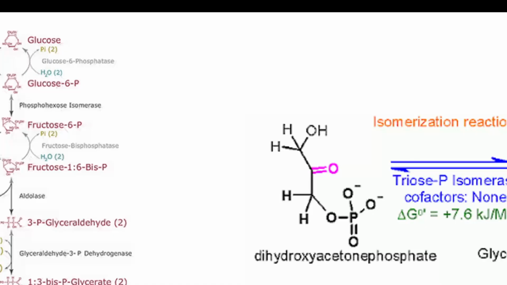Glucokinase adds a phosphate group to glucose, which is why it is called glucokinase, making glucose into glucose 6-phosphate. Now phosphohexose isomerase rearranges the atoms in glucose 6-phosphate to form fructose 6-phosphate. Now fructose is a 5-membered ring,